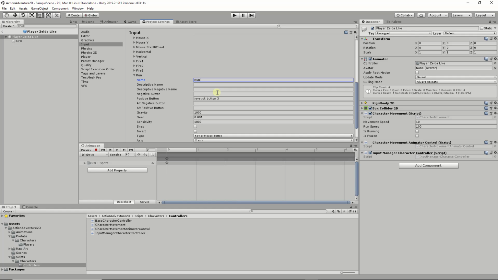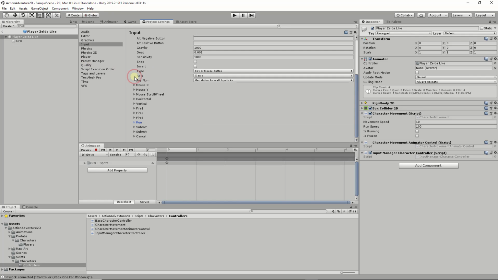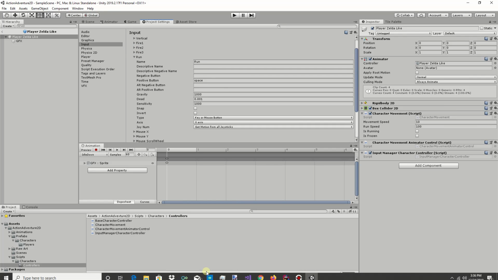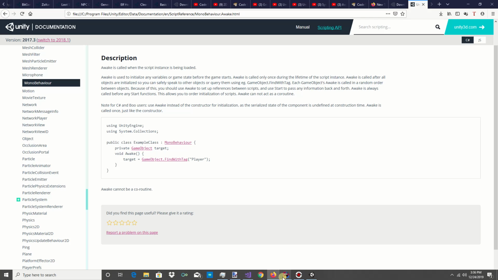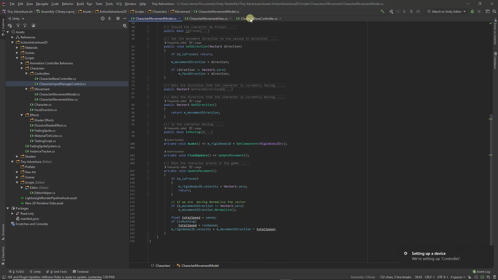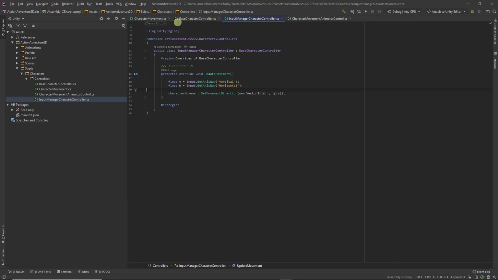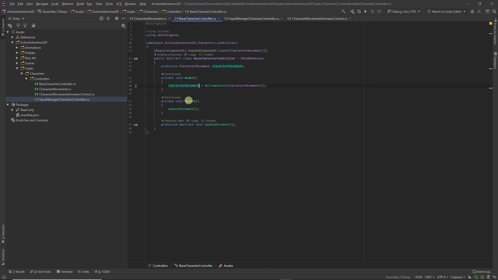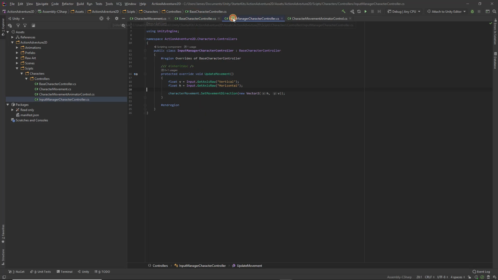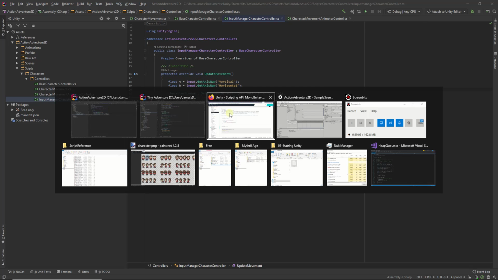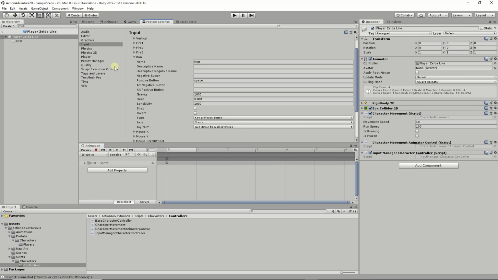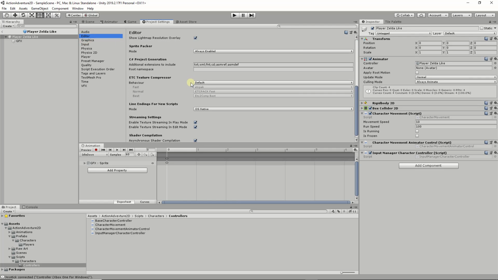Unity also has a new input version that's a little bit more difficult to set up, I think. So we're just going to go with the input manager for now. And that is why we created this class here. We created this base character controller class so that we can easily update our different types of controllers. And this one we're saying we're using our input movement manager. Maybe later on we want to use the new character movement, or the new